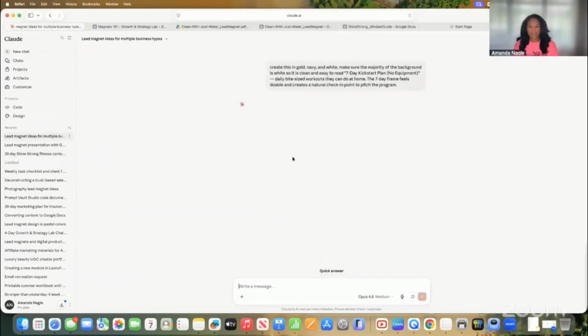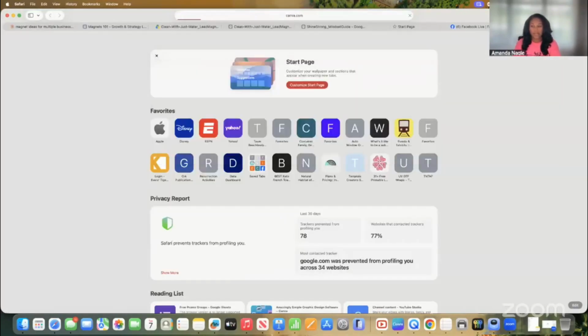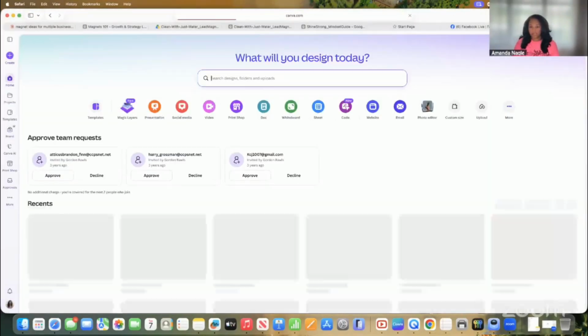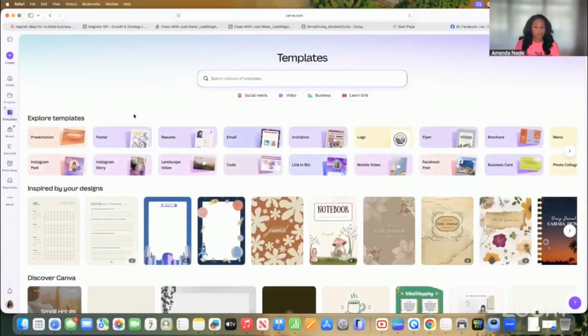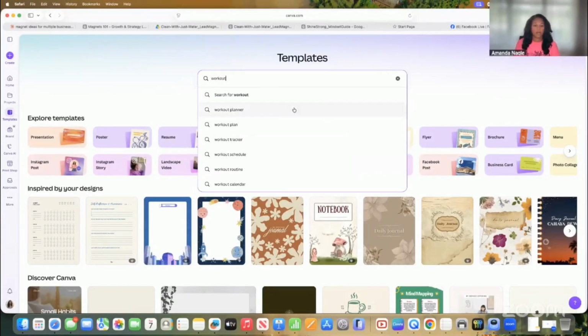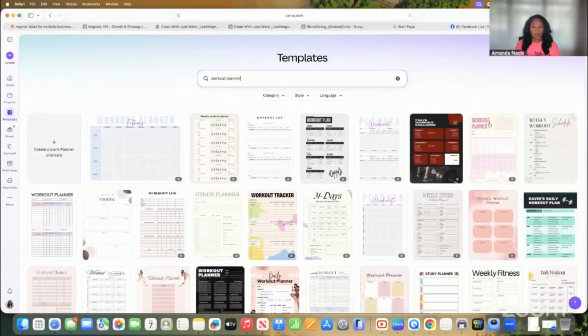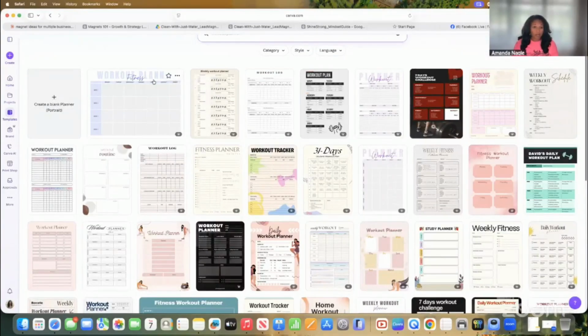See if this made anything yet. Okay, still going. So Canva is another great place to go and create a lead magnet. They already have a lot of different templates that you can use. So let's just say I want to use a workout planner. Now obviously you cannot just take the ones that are here, and some of these are pro plan, right? And then just resell it. You have to make tweaks. However, you could easily come in here, get this,